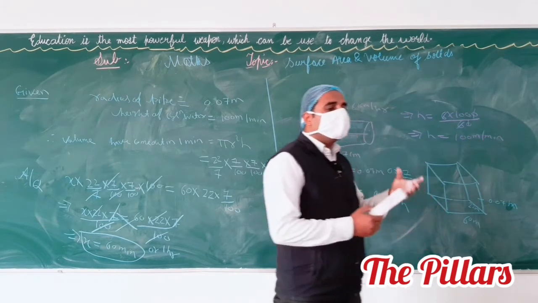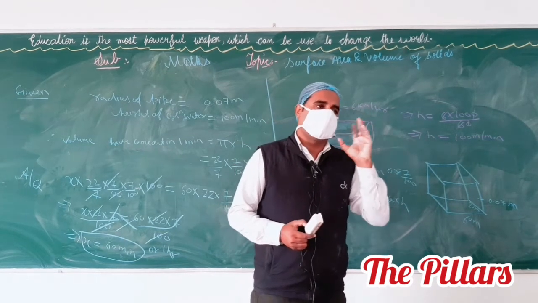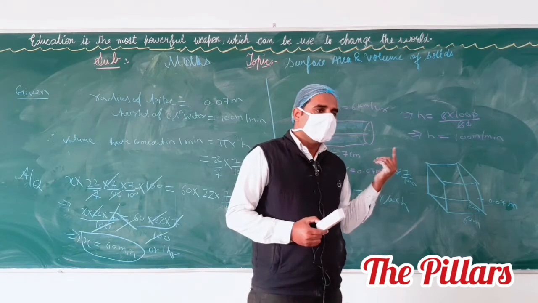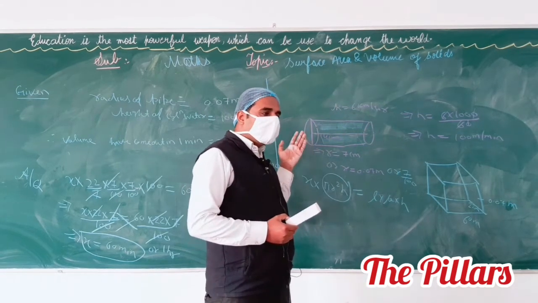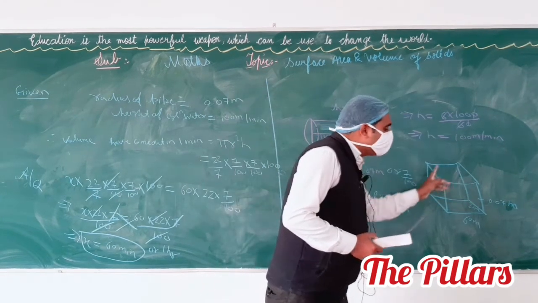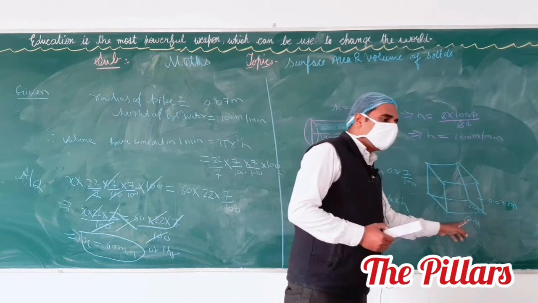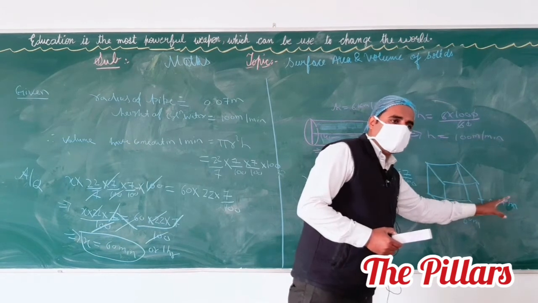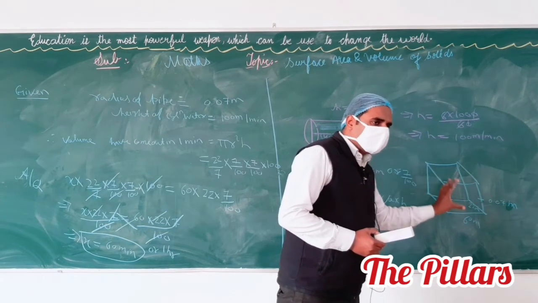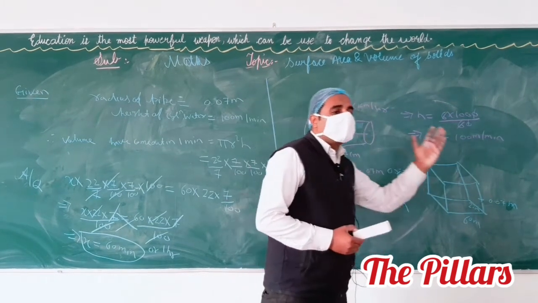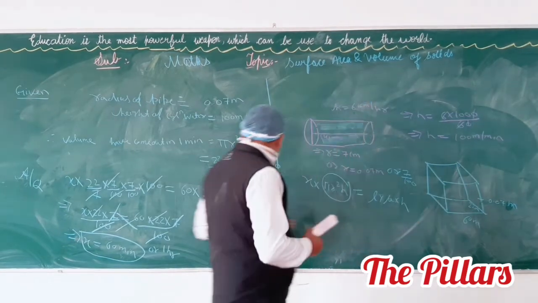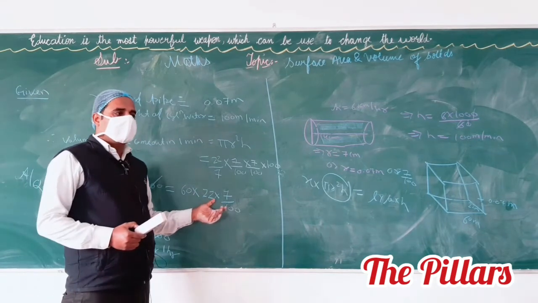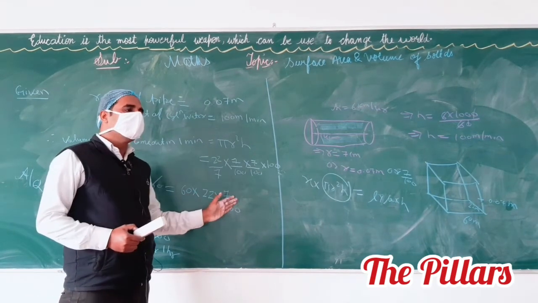So first we have to calculate how much volume has to come out through the pipe in 1 minute. Then we want the required time to fill this tank, whose length is 60 meter, breadth is 22 meter, and height is 0.007 meter or 7 by 100 meter. It means x into the per minute volume of the pipe equals the volume of the tank, and our tank is cuboidal, so l b h.